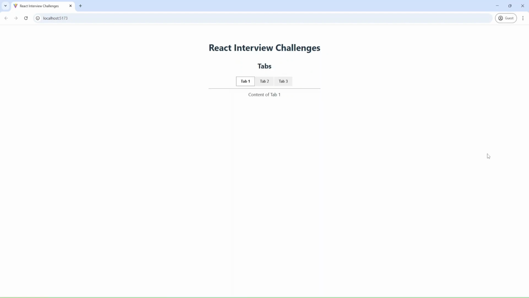Today I'm going to provide and explain the solution to the tabs React.js live coding interview question. Let's take a look at the design. As you can see, we'll have some headers, 3 tabs, and content. When I click on tab 2, the content is changing, and as you can see, we have tab 2 marked as active, and also I can click on tab 3, and content was changed, and tab 3 is active now, and I can return to tab 1 and tab 3.